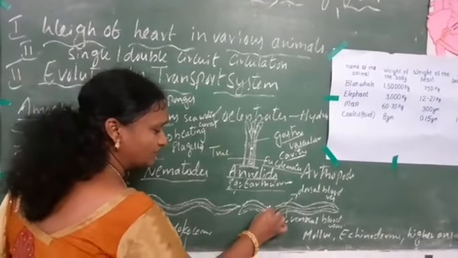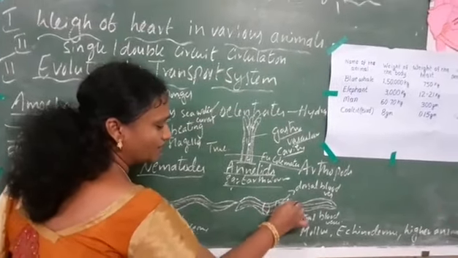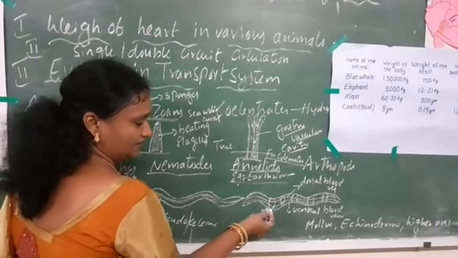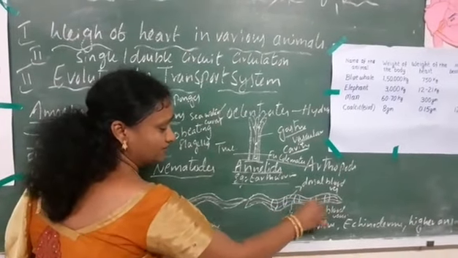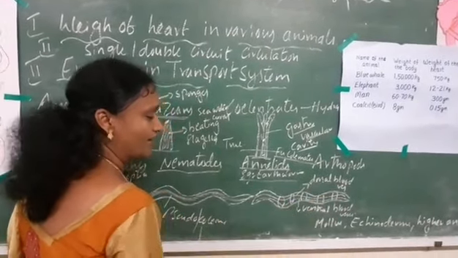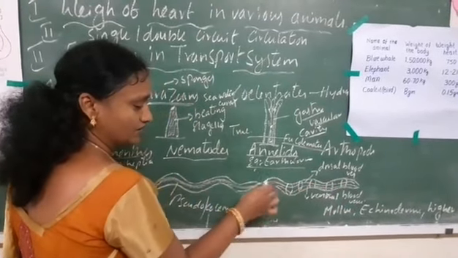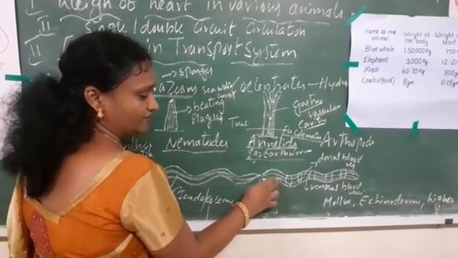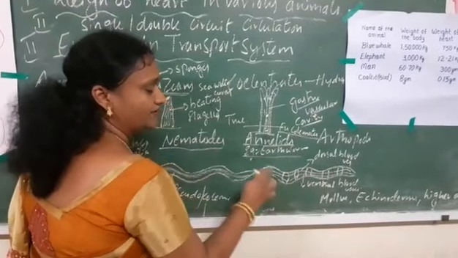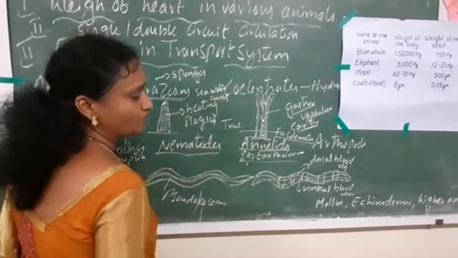And we also observe 8 pairs of hearts in the earthworm. That is, here in the earthworm we are seeing the heart, but it is present in pairs, 8 pairs, not a fully developed heart. And these are connected by the 2 blood vessels, that is dorsal and ventral blood vessel, that will be helpful for transporting the substance. Here we have observed the heart, blood vessels and blood. A complete circulatory system will be observed in the coelomates.